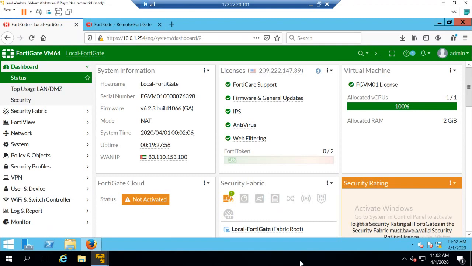So first we'll go through site-to-site VPN, then we'll also have a look at client-to-site VPN with two-factor authentication enabled. So we will enable two-factor authentication. We'll use FortiToken. We'll see how it is used and how it is integrated or how it can be rolled out to mobile devices. So we will have a complete look and feel of the IPsec VPN client, and